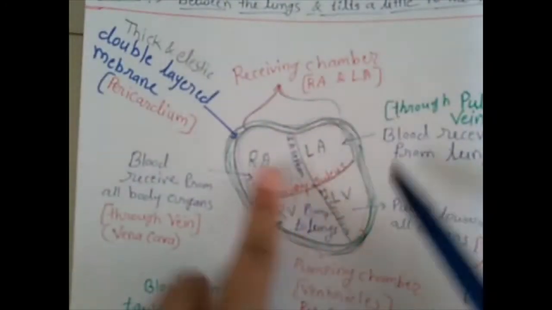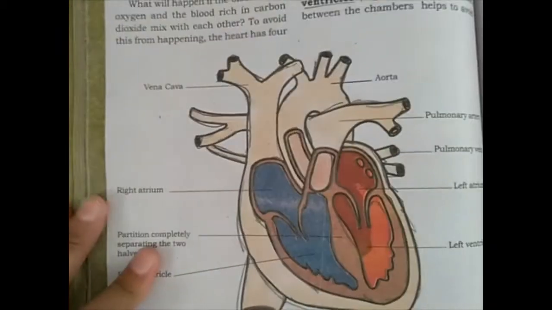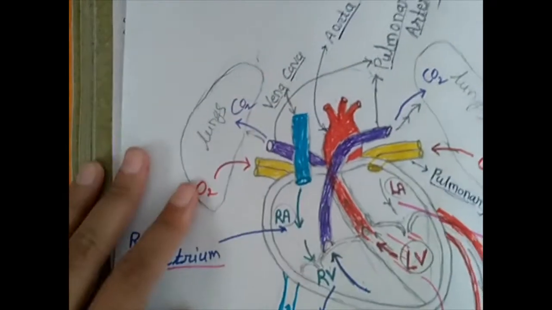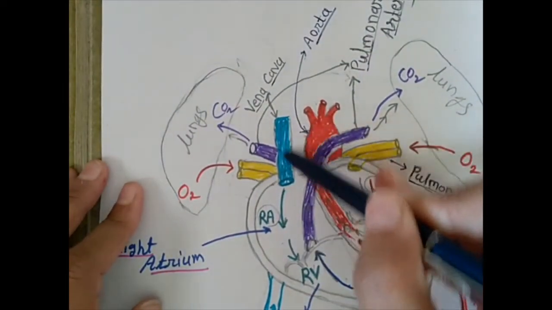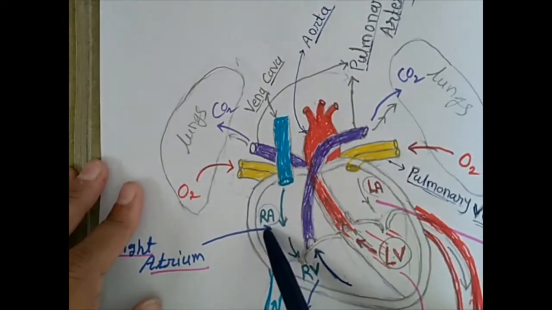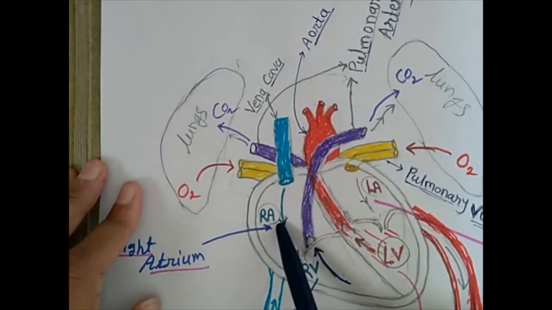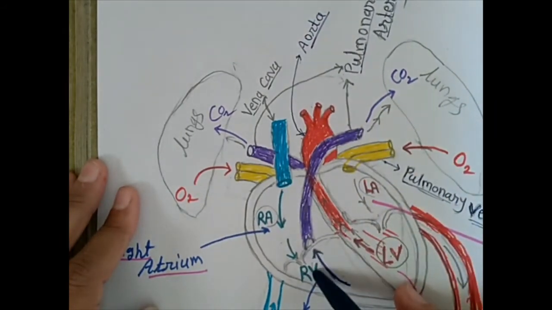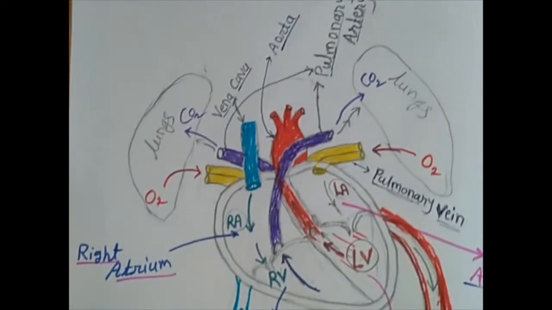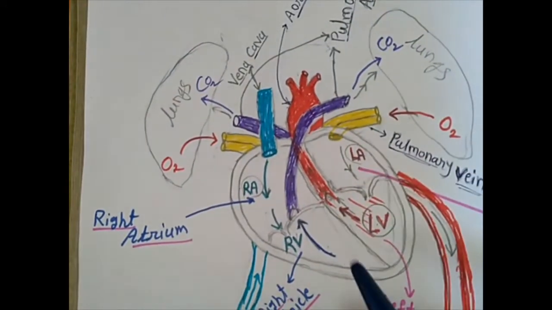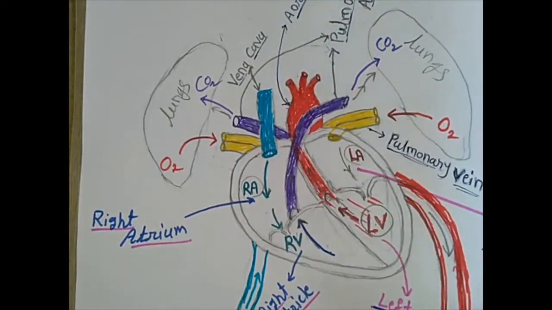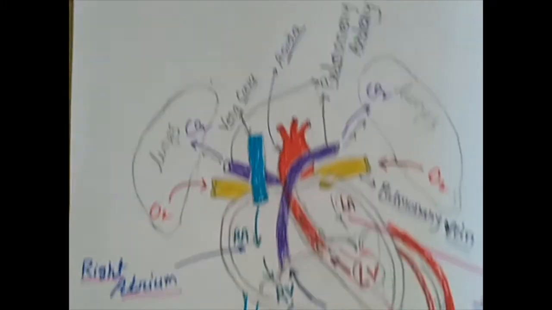So the aorta has branches. See here in this diagram, we can understand very clearly. This is the vena cava. From this vena cava the right auricle receives the blood. We can see this topic again through this diagram. This is the heart and it has four chambers, as I explained from our previous diagram.